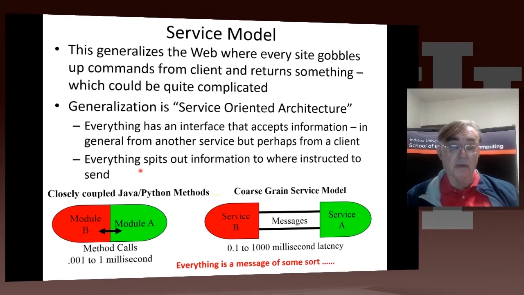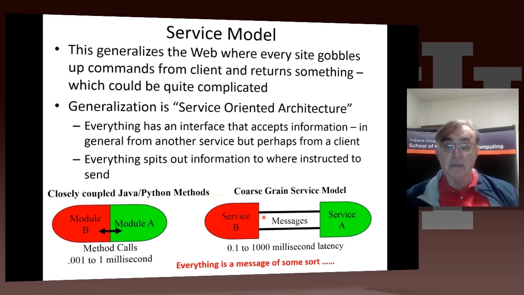Previously, when you wanted to do two things, you tightly coupled them by making them as methods. So you have a method number A and a method number B, and you would call A and then you would call B. But the different model is to put A in a service and B in a service. A spits out data, B receives that data, and then B spits out data, which maybe goes back to A, or more likely goes on to another service C, which may actually store the data someplace. Well, maybe again, this data is information.